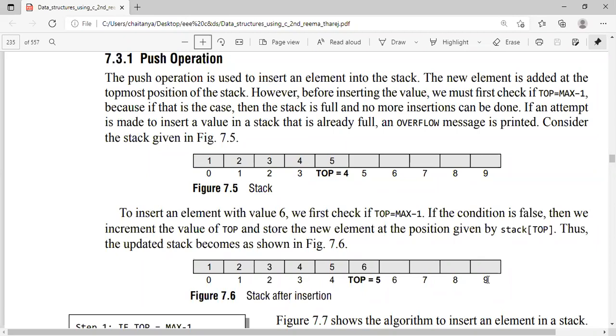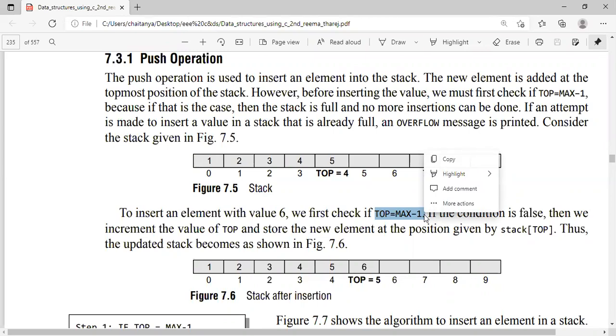If top is equal to 9, I can't insert. If it is not equal to 9, I can insert. So this condition decides whether I can insert any element. Only if top is not equal to max minus 1, I can insert.